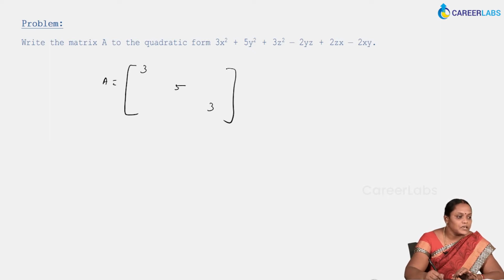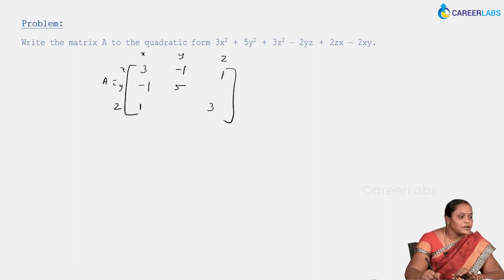So, when you come to this place, let us write this way also, this is x, this is y and this is z. Same way, here it is x, here it is y and here it is z. So, here it is 1 by 2 times the coefficient of the xy term. So, where is the xy term? The xy term has the coefficient minus 2. Minus 2 divided by 2 will give you minus 1. And here it is a combination of x row and z column, the xz combination. So, the coefficient is 2, and 2 divided by 2 will be 1 here. So, if it is 1, here also it will be 1. If it is minus 1, here also it will be minus 1.